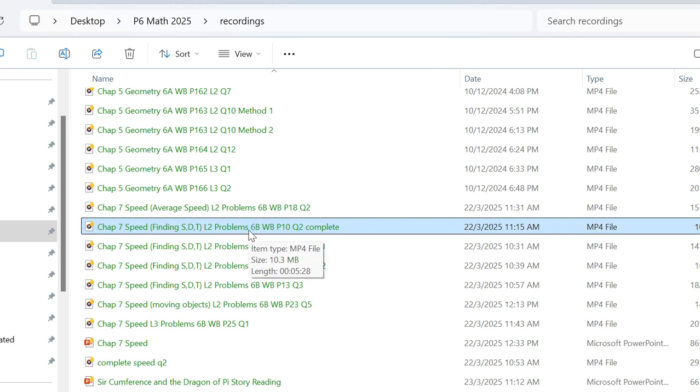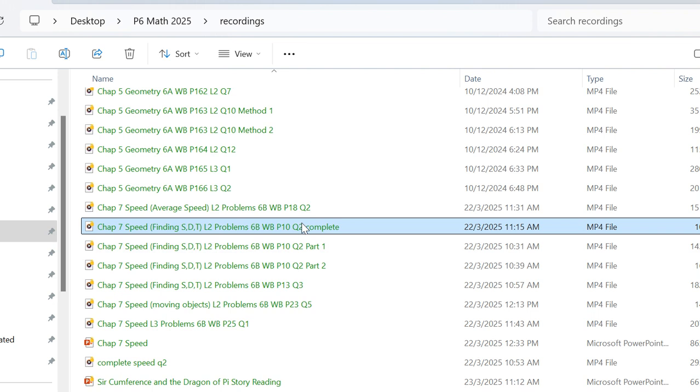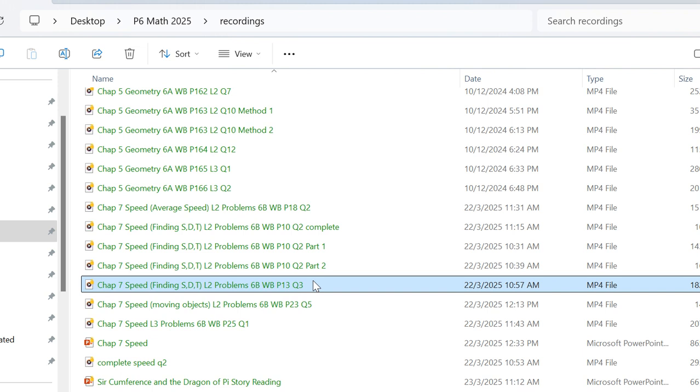Page 10, question 2. It's a calculator question. Can we take note of that? Let me write that down. This one I'll put up on YouTube later. Question 10. And then I also have question 13. Okay. This one here. Okay. Can I know what's your page until? 14. Okay,